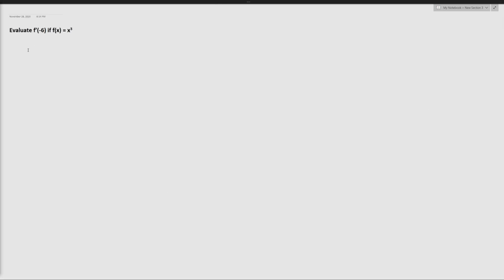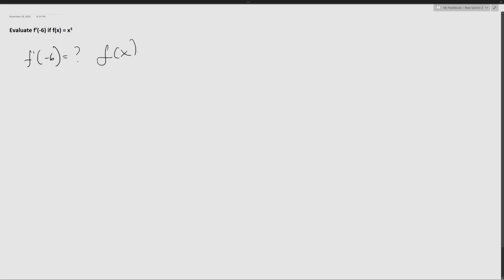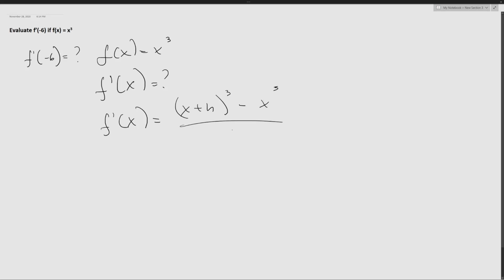Finally, for our last question, we get f prime of -6. That's what we need to evaluate. But we know that f of x is equal to x to the power of 3. So let's find out what f prime of x is. Well, again, using the first principle, we get that f prime of x is equal to (x plus h) cubed minus x cubed over h. Again, this should be the limit as h approaches 0, and so we get